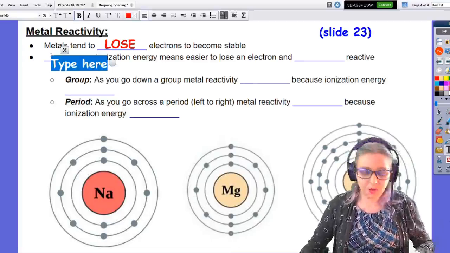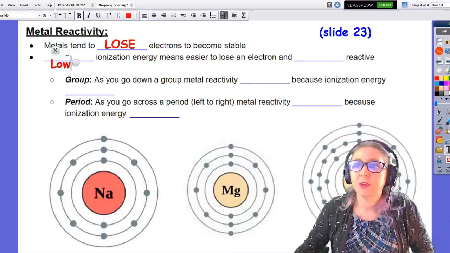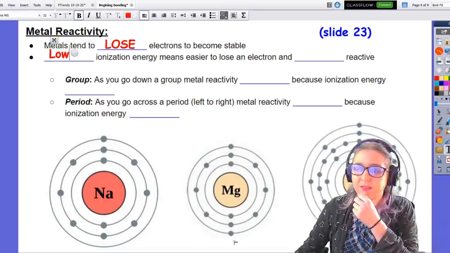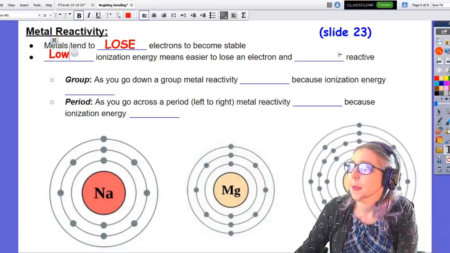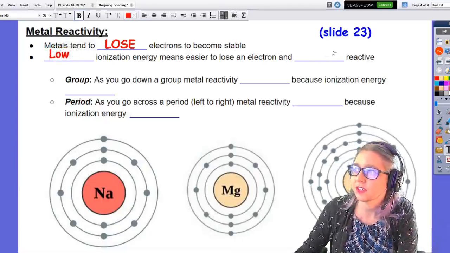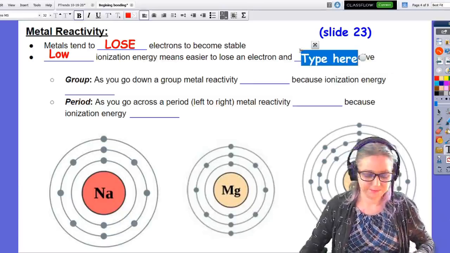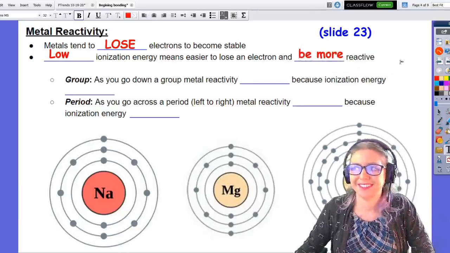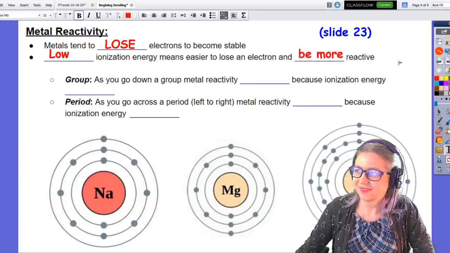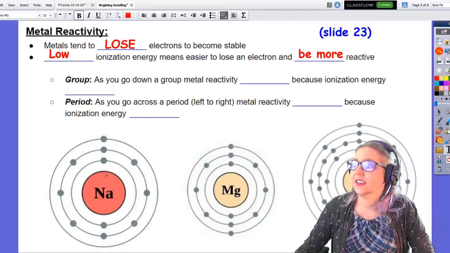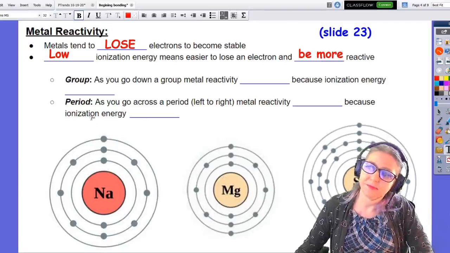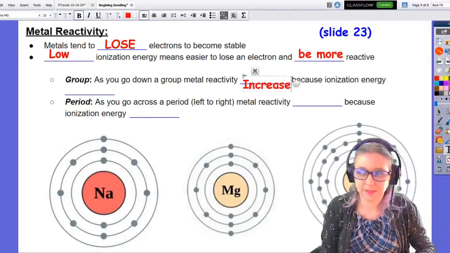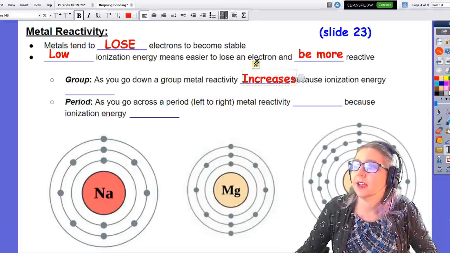So they're low ionization energy, which means it's really easy to get rid of those valence electrons, makes it easier to lose an electron and be more reactive. It's kind of, as I go down a group, my reactivity increases because my ionization energy